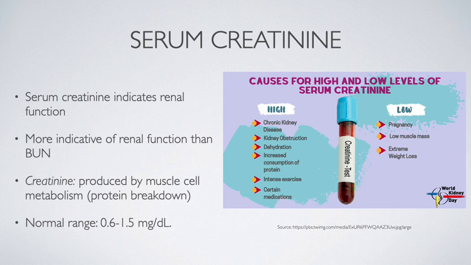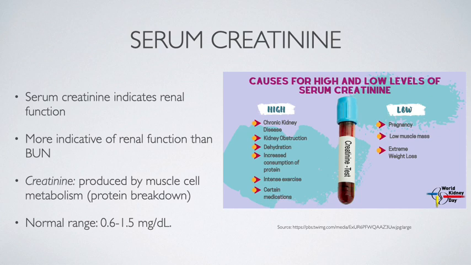Going to be important when we talk about fluid and electrolytes in unit 20, I think it is. So it's probably the more indicative test that we do to identify renal function over blood urea nitrogen,